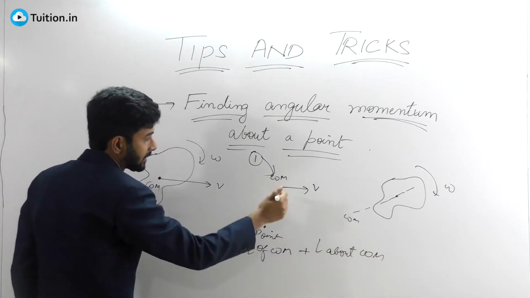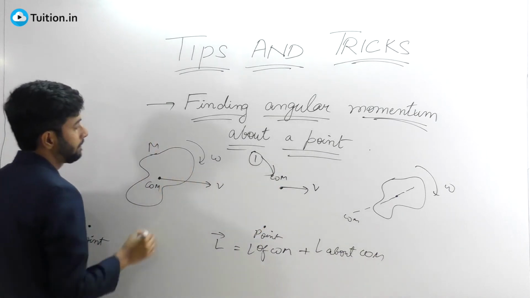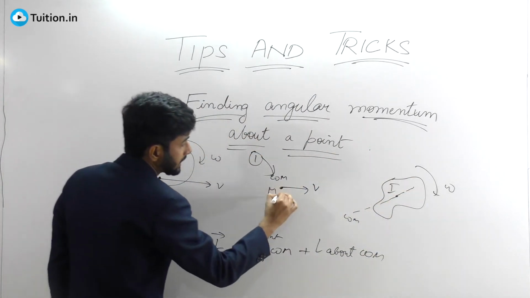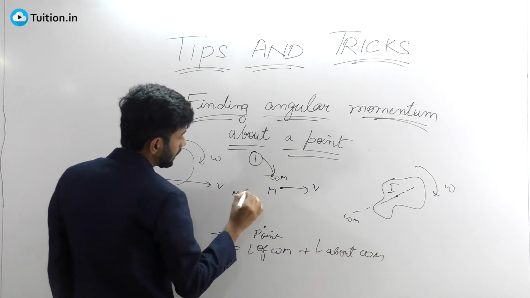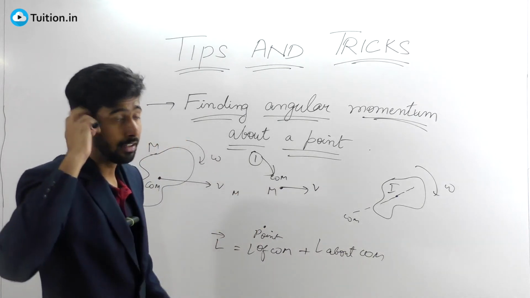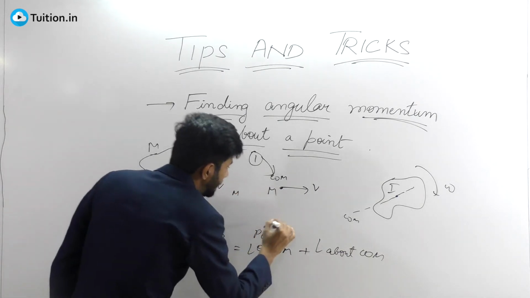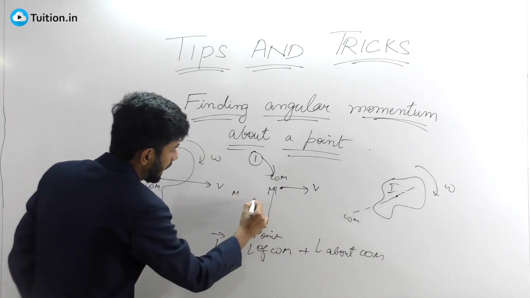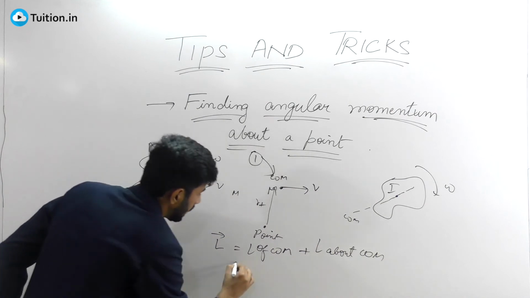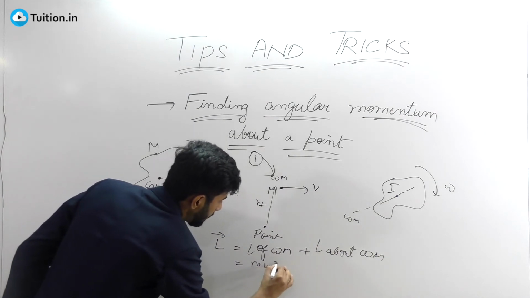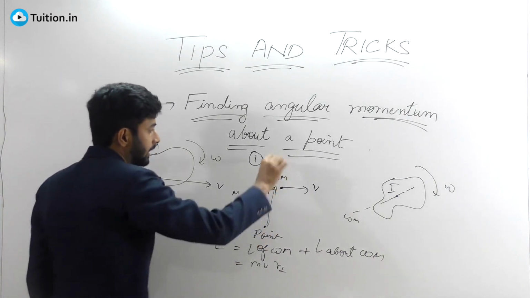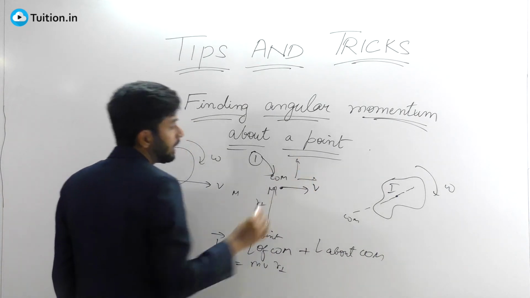Basically, you have this mass m. Let's say that this has a mass m, and the moment of inertia about this axis is I. So this is mass m into v, and in fact it's m into r cross v. This is your r, the perpendicular distance r perpendicular. So it's nothing but m v r perpendicular, and if you need the direction of angular momentum, you need to take this vector r, this vector v, find r cross v.